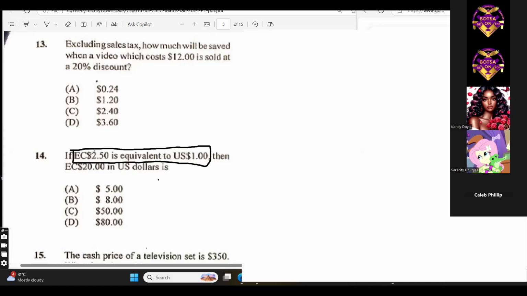So I'm going to write that as an equation. So EC $2.50 is equal to US $1. Right, so that's the first step. Now, they said then